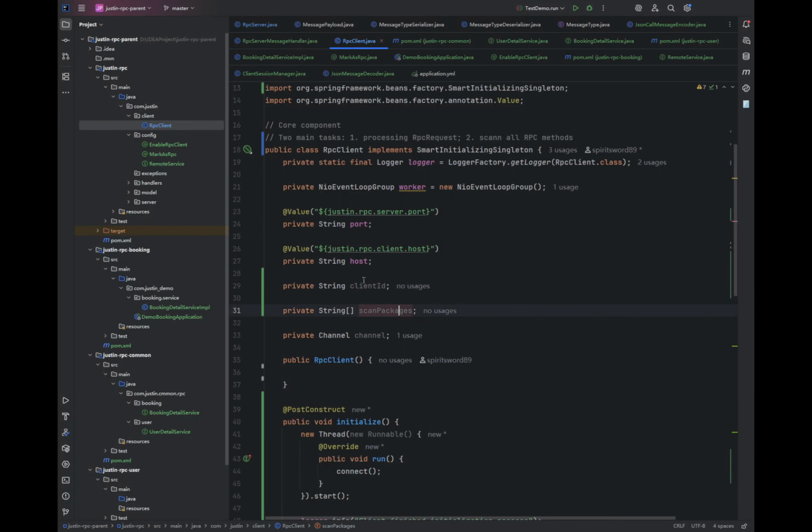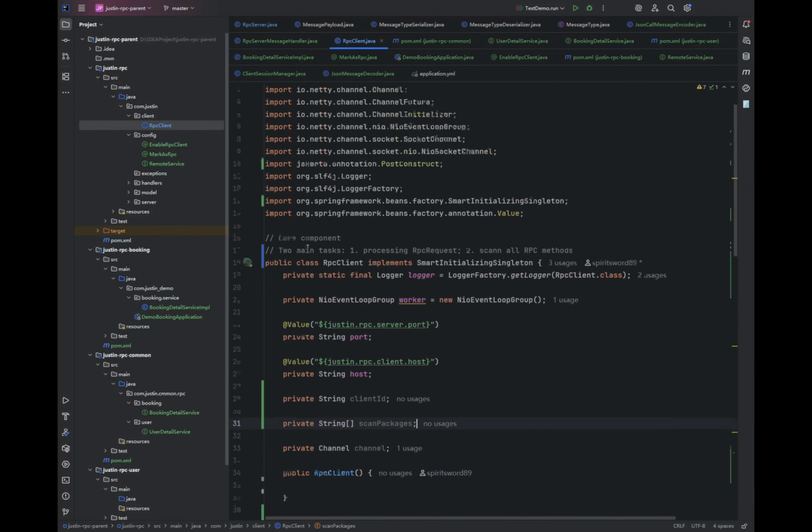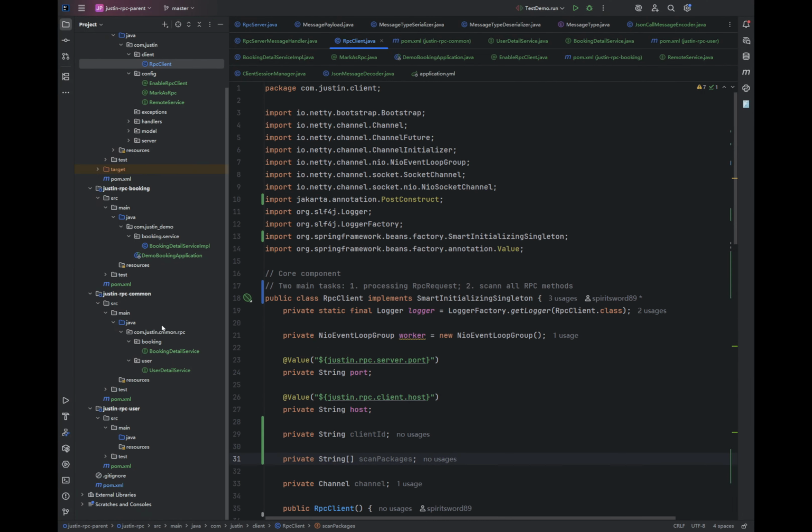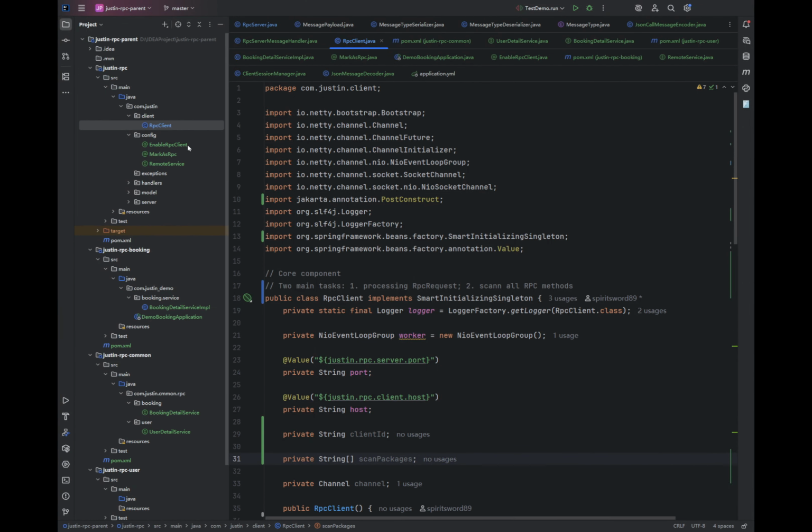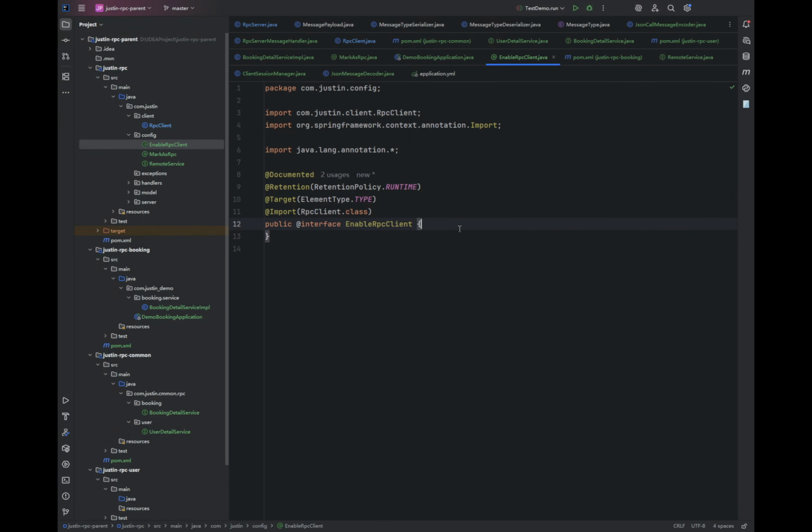So the thing is, these two properties, how can we inject the value into them? Where can I put the value and determine the value, write the value down? Where? So let's see. We just defined an interface called EnableRpcClient. So inside the EnableRpcClient, right,